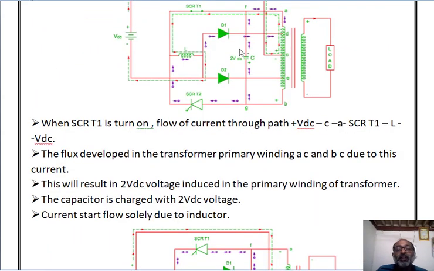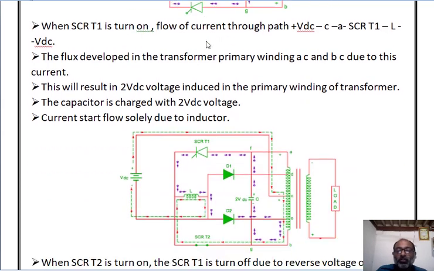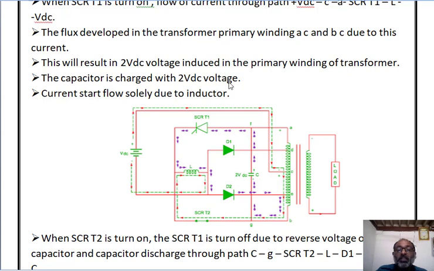Here you can see this reverse voltage appears across this thyristor T1, because SCR-T2 is turned on. Due to this reverse voltage, our SCR-T1 turns off, and this capacitor